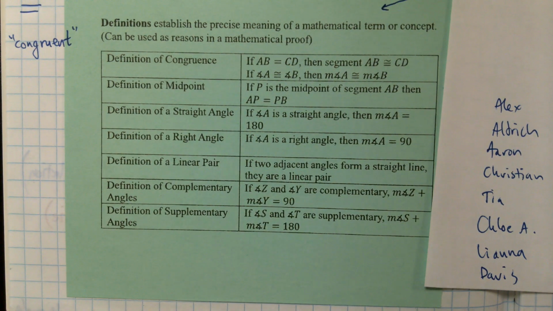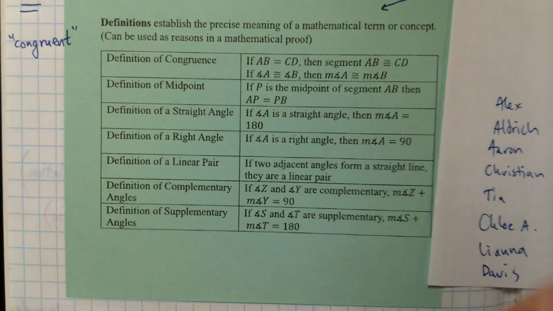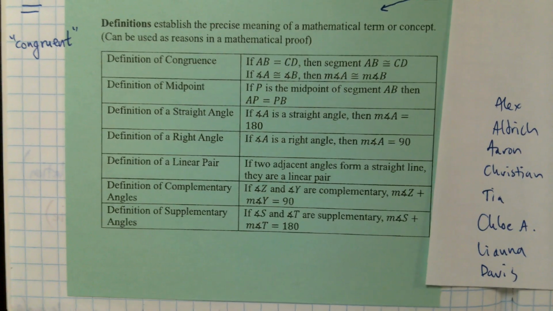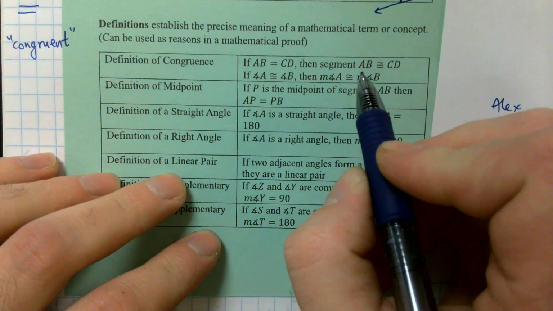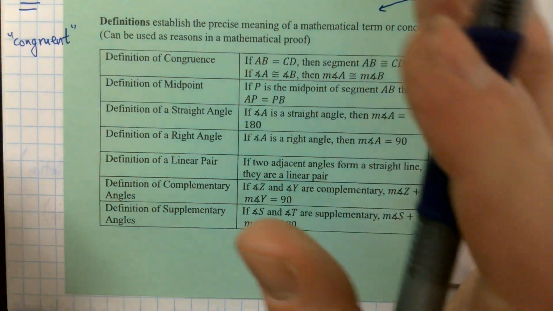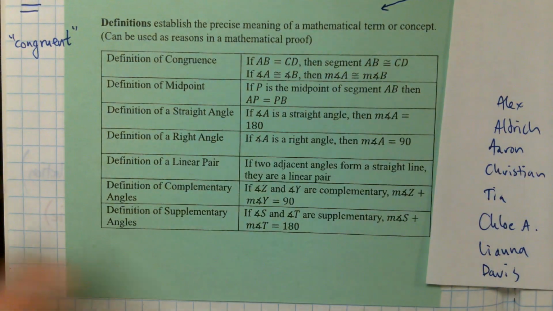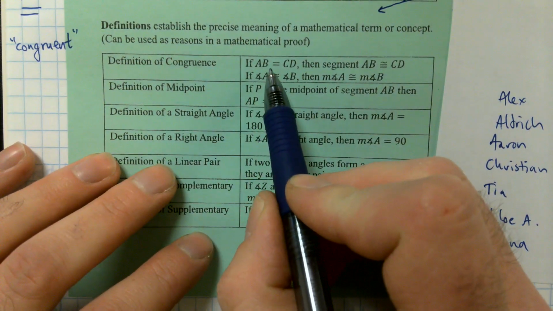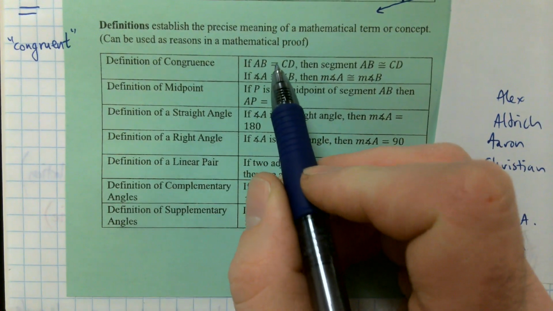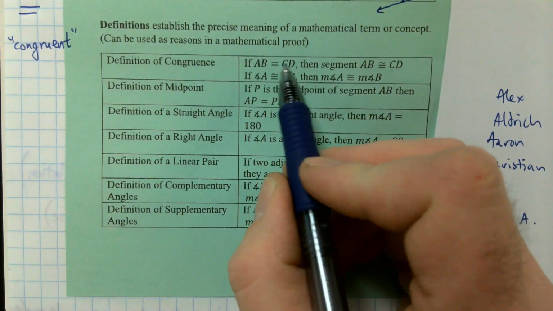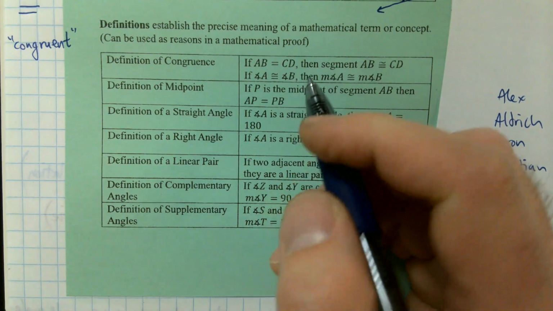Colby: If AB equals CD, then segment AB is congruent to CD. If measure of angle A is congruent to measure of angle B, then angle A is congruent to angle B. That's right. So this is one of those things where it really doesn't matter, because the equal sign and the congruency sign aren't really any different. So this says that if AB equals CD, technically, when I'm saying AB equals CD, I'm talking about the number that it represents.